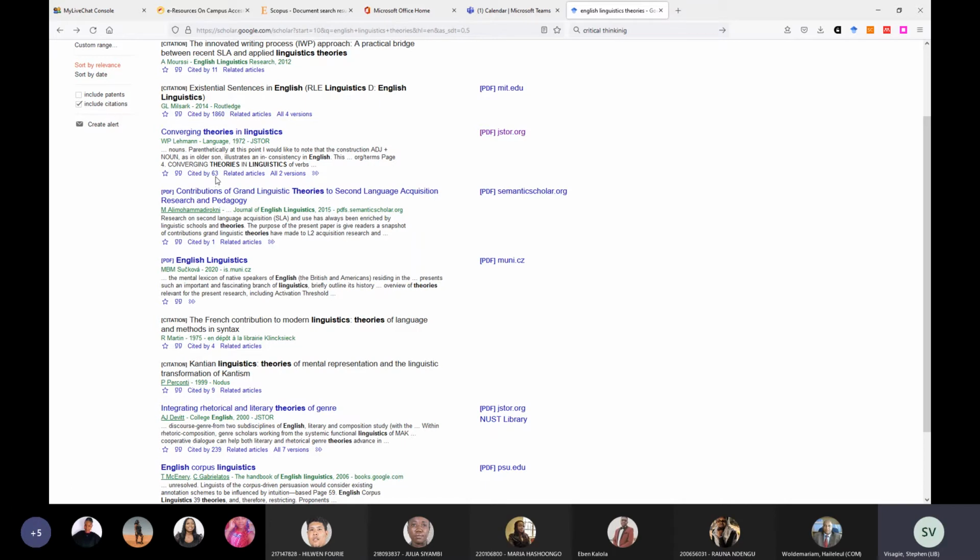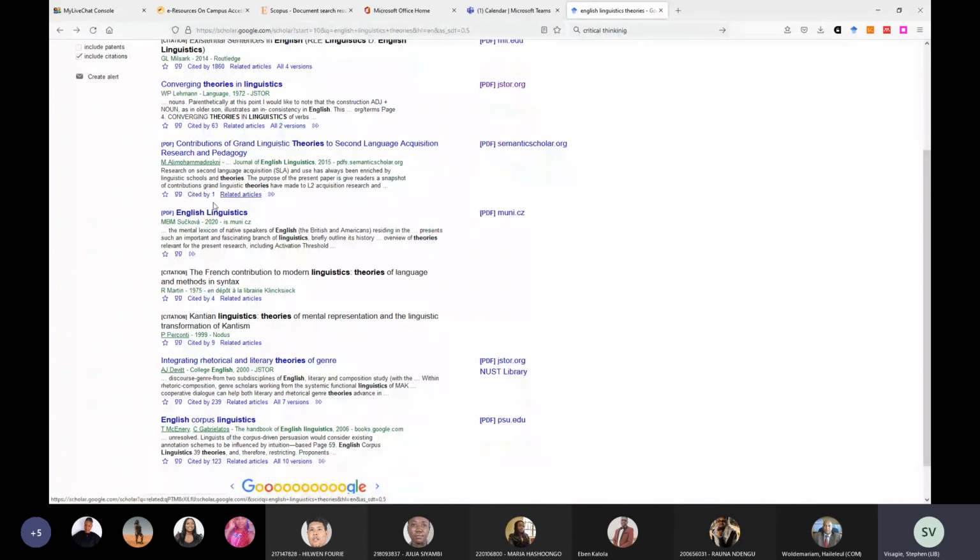And if it's a big number like 63, you know that, since we're talking about theories, this is possibly an important theory, or important information about theories. So you might want to give this article a double look. It might be worth including in your review and your paper, versus maybe using one that is only cited by one person. Now that shouldn't be the only thing that guides you,